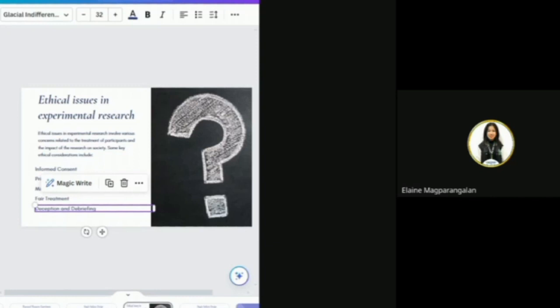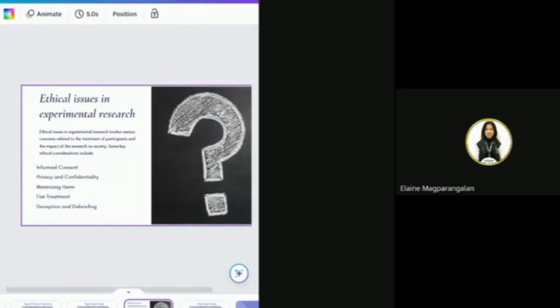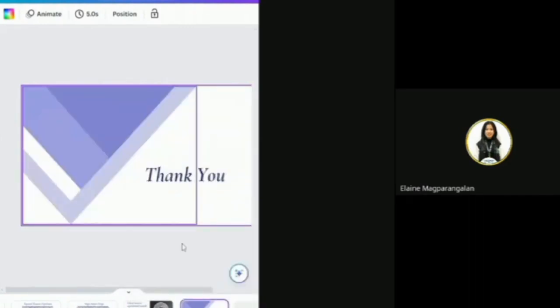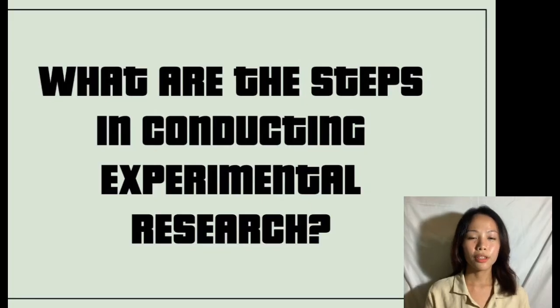And actually, when conducting a research, we can also debrief, or like bigyan na natin, i-briefing na natin kagad yung participants natin about our studies, about what is the purpose of our studies so that they will have enough information and hindi sila mag dalawang isip na mag-participate sa study natin. All right, and now that concludes my topic. Thank you so much for listening. As we have learned about the different types of experimental designs, we have